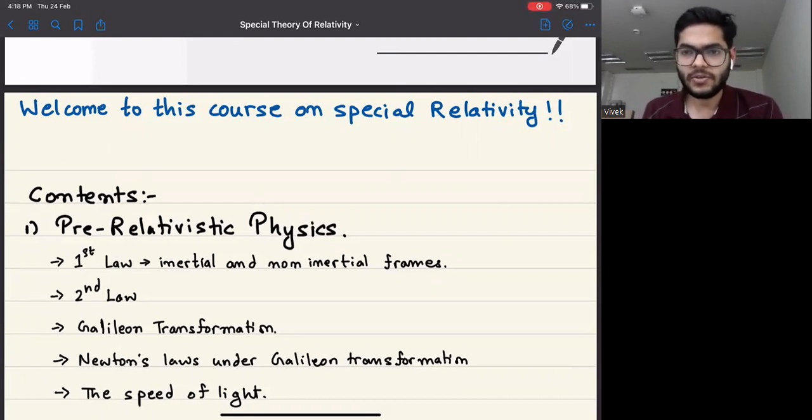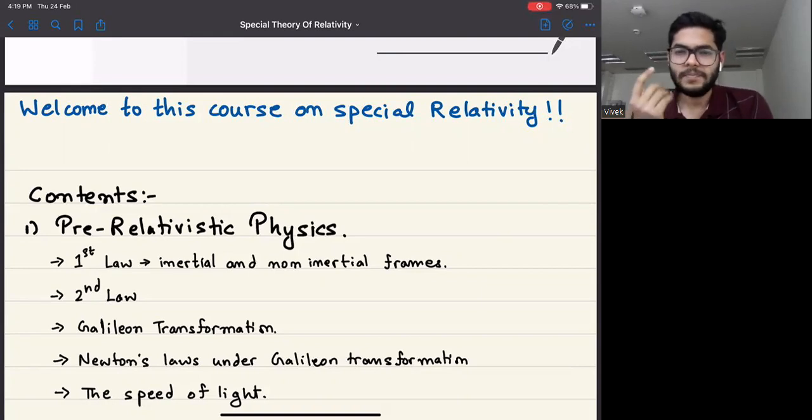First of all, special theory of relativity is a beautiful theory on nature, and it is beautiful in a sense that it is very, very non-intuitive, and it really goes against our intuition and our basic assumptions on the nature of space and time. So in that sense, it is a very, very beautiful theory.